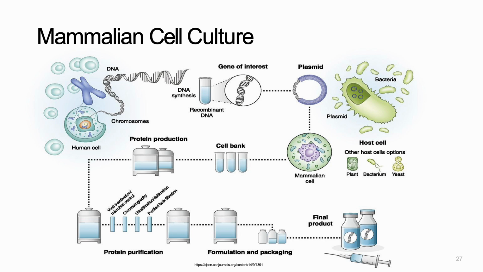First of all, if the product in any of the previously seen final products is based on biologics, and we are talking about mammalian cell culture, we're going to usually follow this manufacturing process. So how does it work? Again, I'm going over a general explanation. I'm not going to look into a specific vaccine or a specific product. Overall, we may use a human cell, we may use an animal cell as well, but here we talk about a human cell, and here we talk about chromosomes, and then we can now look into the DNA.